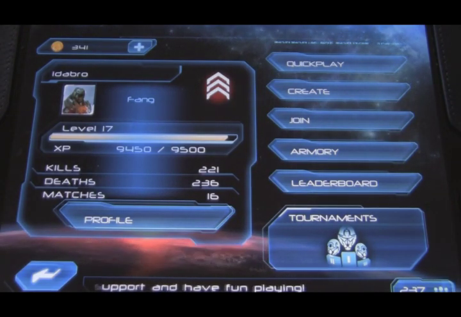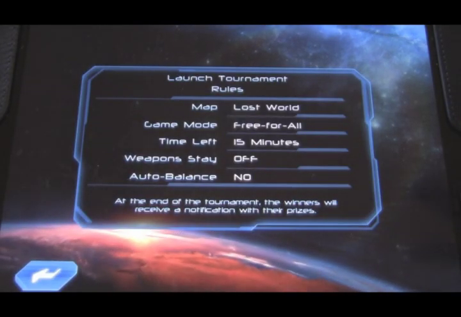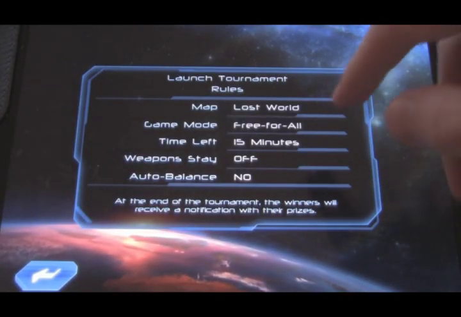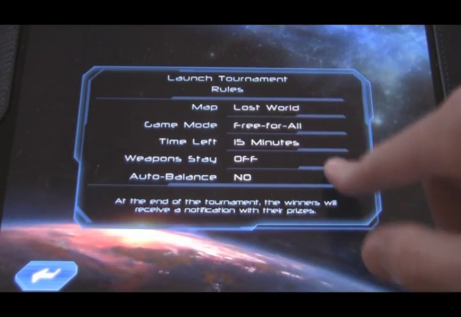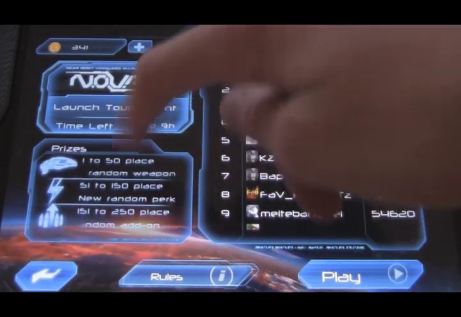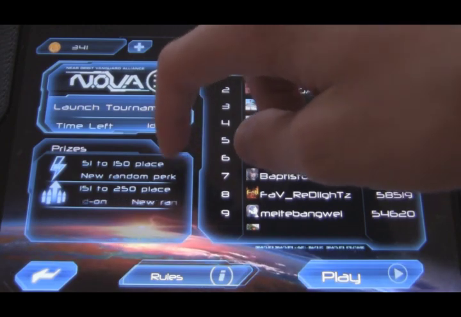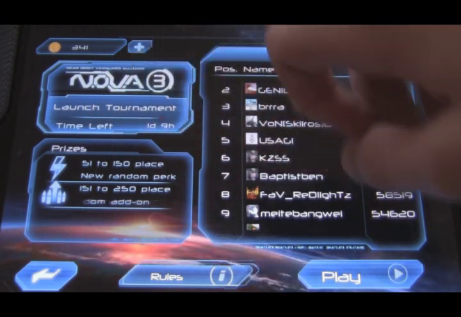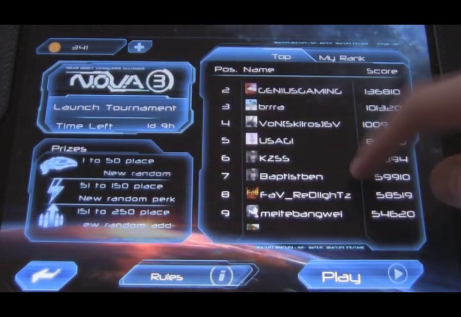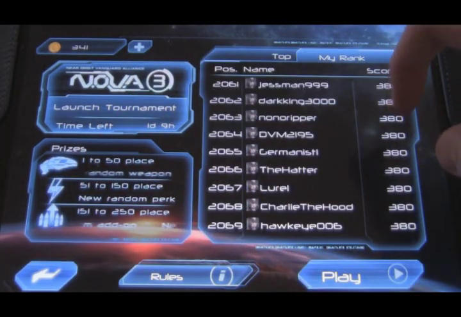If you didn't already know, there are tournaments now, and basically it's daily, and there's a new thing each day. There's a different map, game mode, time. I think the time is always 15 minutes, so I'm not sure. But you can participate in those, and it says 1 to 50 place gets a new random weapon, 51 to 150 gets a new random perk, and 151 to 250 gets a new random add-on. So that's pretty cool. You just have to participate in it a lot. And my rank is, what,